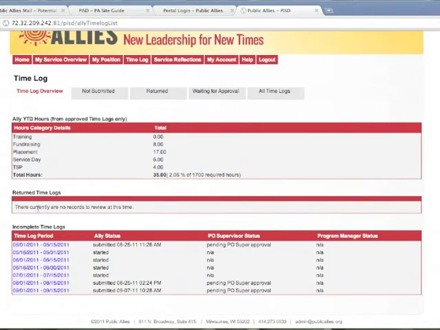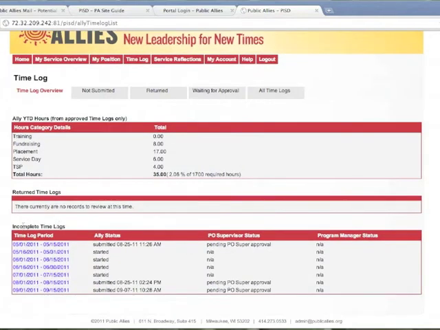But if a supervisor or a program manager has returned it, then it will show up here. You will need to click and complete that. Now, as far as incomplete time logs, which also shows up here, you can see that there's different ways the